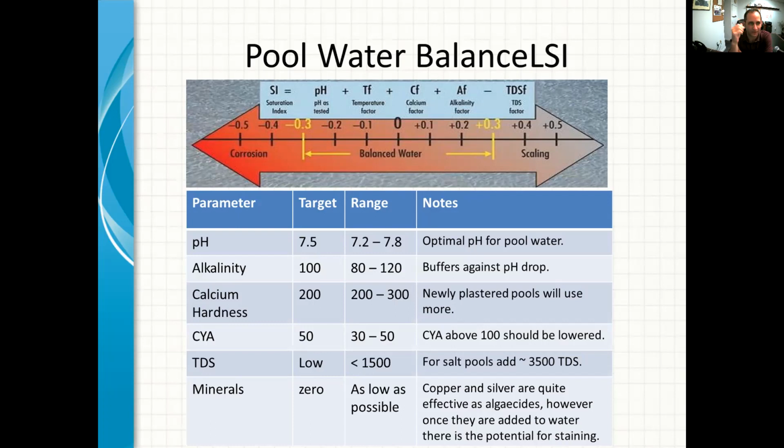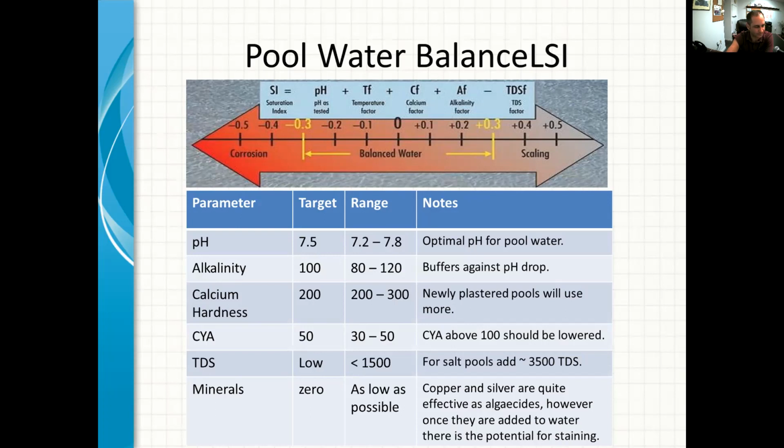perfectly balanced, right? So that's pretty hard to get exactly at 0. I don't expect you to do that. But I would recommend keeping it on the higher side of this index, because scaling is much easier of a problem to fix later than corrosion. So it is recommended to keep it slightly higher,